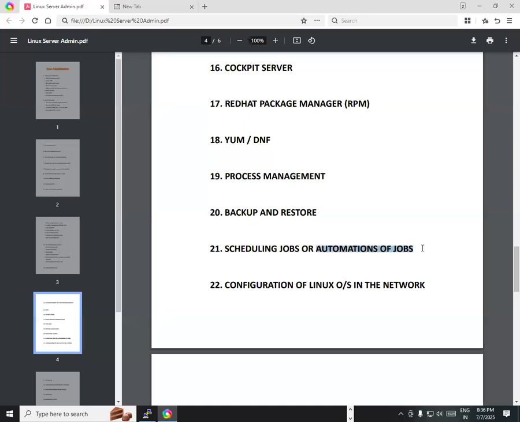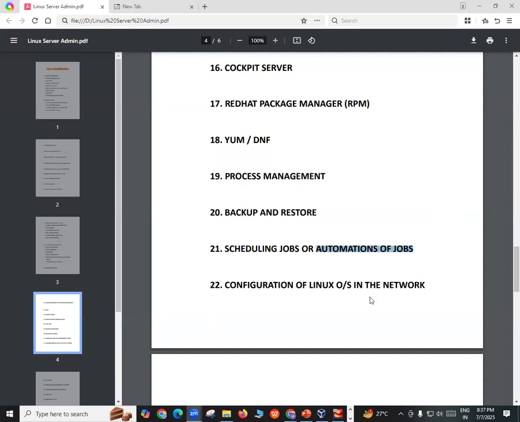Job automation, again, literally every administrator or every server on the face of the earth is using this particular job automation. How we can schedule our task, automate the task actually. At this particular time, this particular task should be automated. Some backup should be there, or some application should be installed, some application should be uninstalled, something. Normally we call it automation. Here we call it cron jobs, or we call it automation as well. So we can schedule a task, and at that particular time, this particular thing can happen.